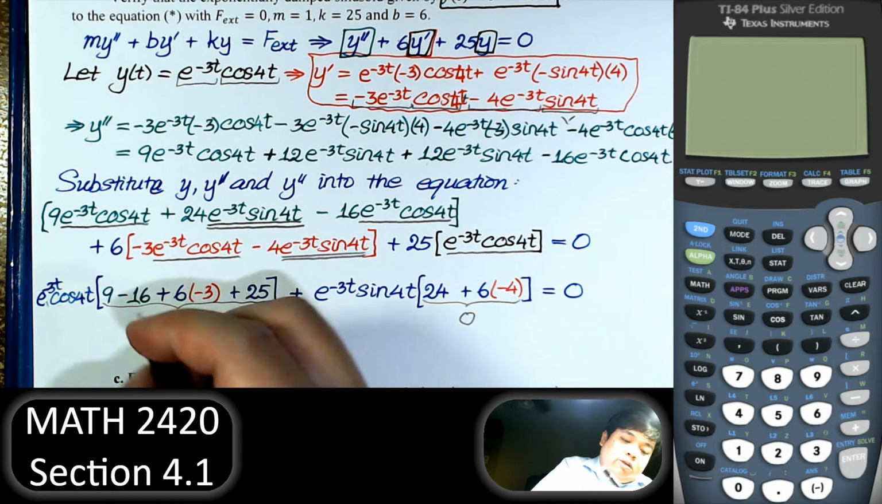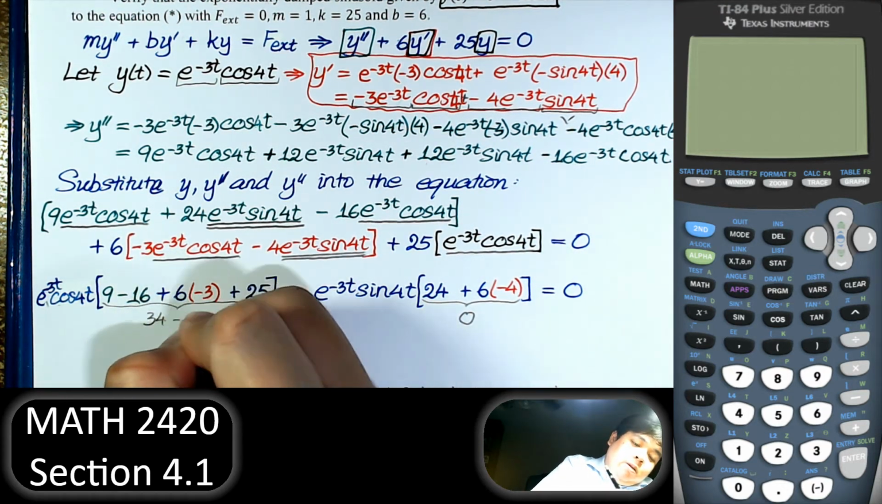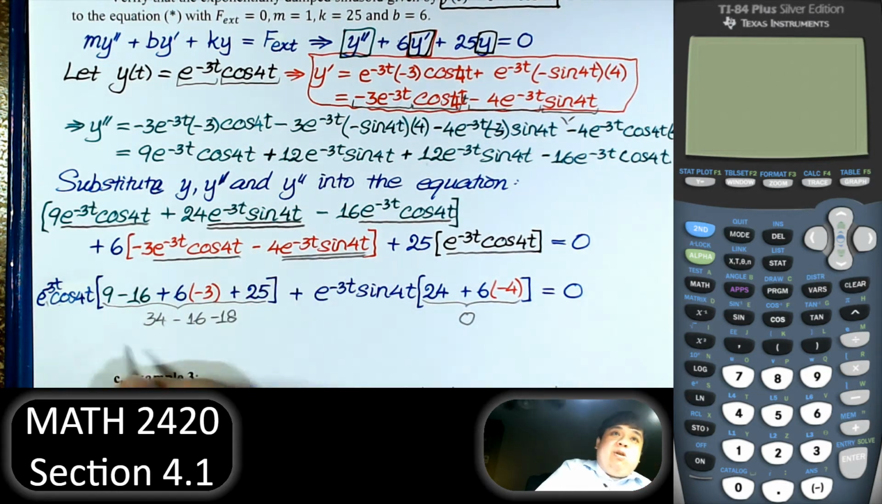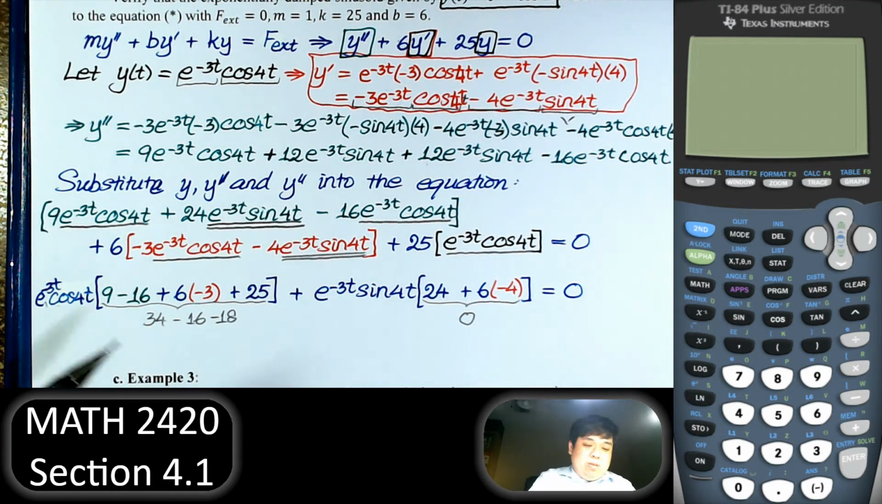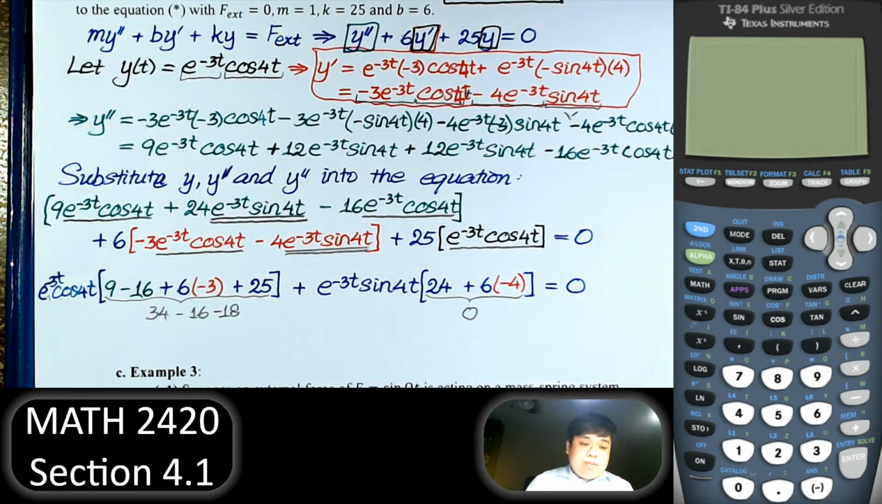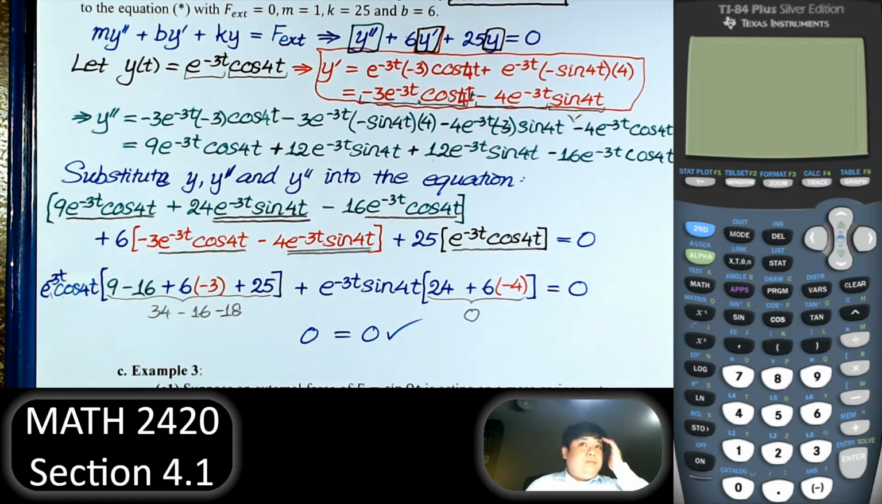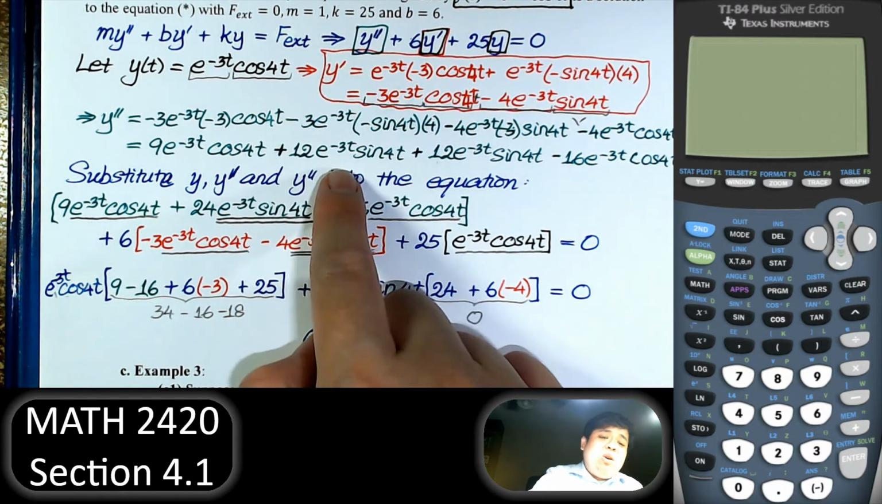So 9 and 25, that's 34, minus 16, and then minus 18. Of course, that is equal to 0 as well. So we have 0 times that and 0 times that. And we have 0 equal to 0, which is confirmed. Later on, we'll do a lot of problems like this where we take the derivative and then put it back